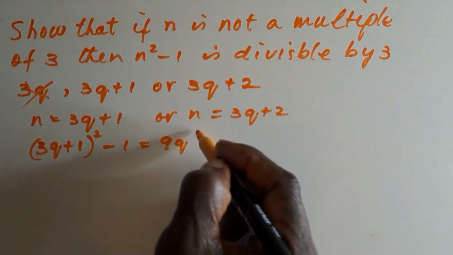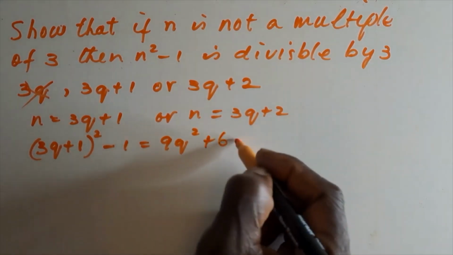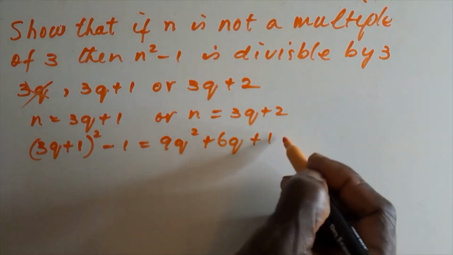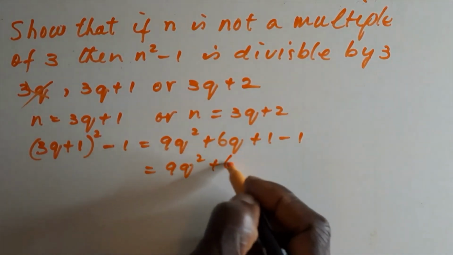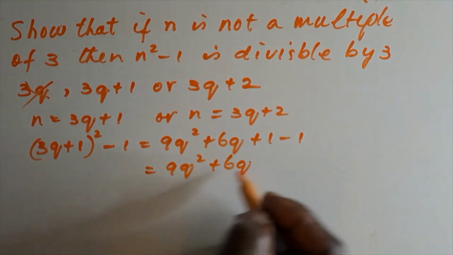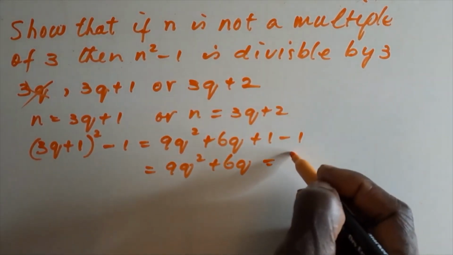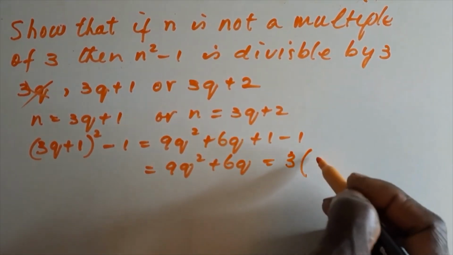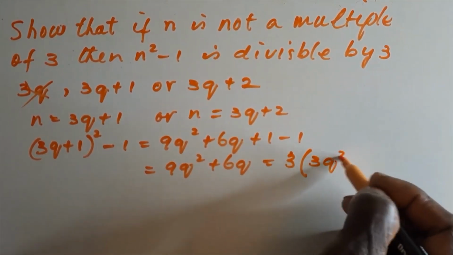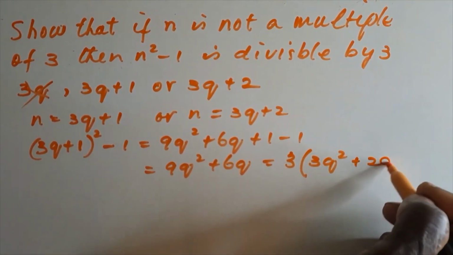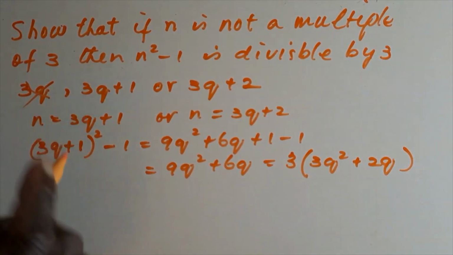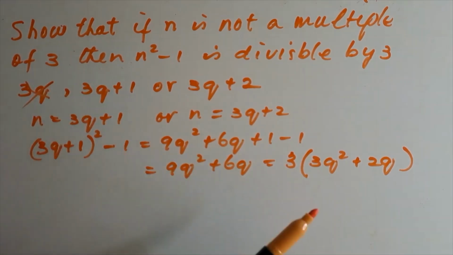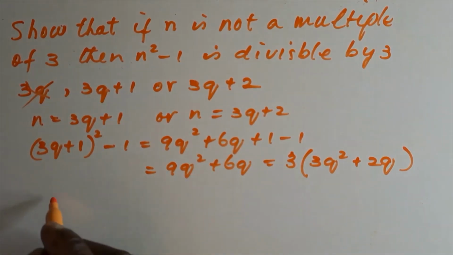9q squared add 6q add 1 minus 1, which gives us 9q squared add 6q, which factorizes to give us 3 into 3q squared add 2q. So this indicates n squared minus 1 here is divisible by 3. Next we have